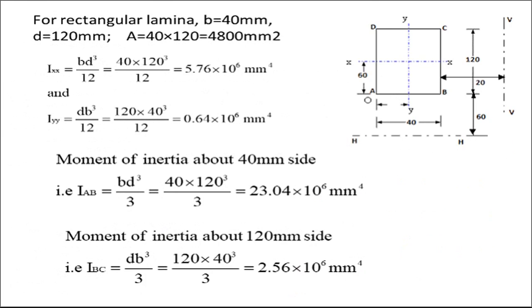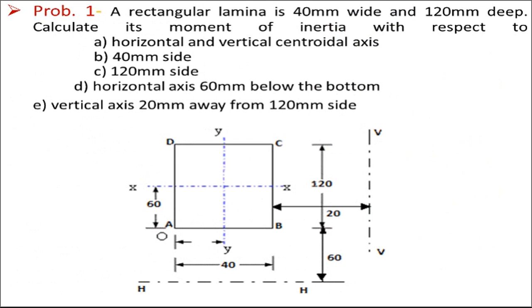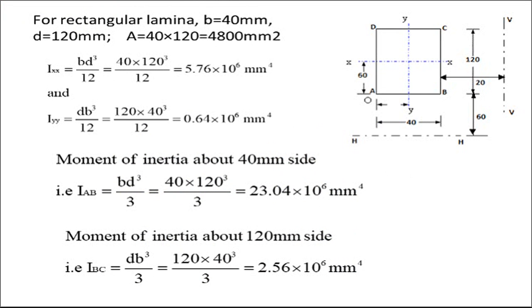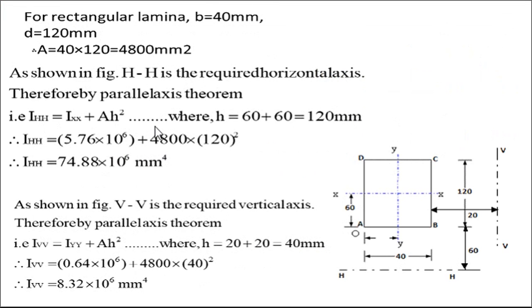So in this way we have determined all of these. We have covered the moment of inertia for all the required axes: the axes away from the lamina, at the centroid about the x-axis and y-y axis, and at the edges of the lamina. So here we have covered 5 different types, and we determined the moment of inertia for all of these. So that's it for this problem. I hope you understood the moment of inertia, and also how to determine it by the parallel axis theorem for a different axis which is away from the lamina. Thank you very much.